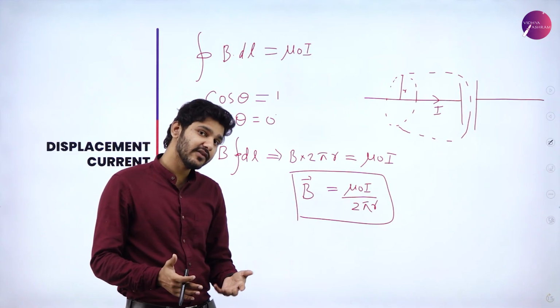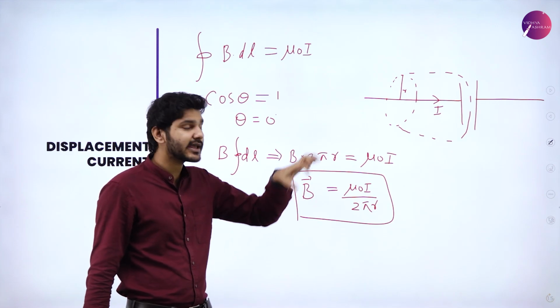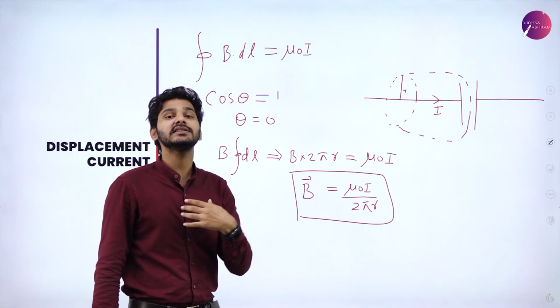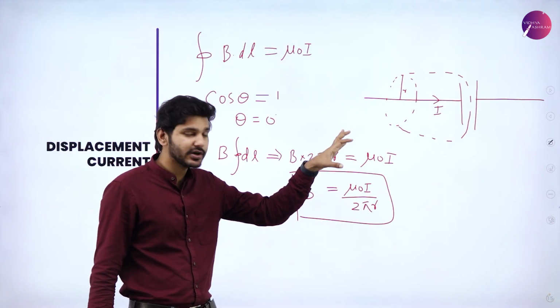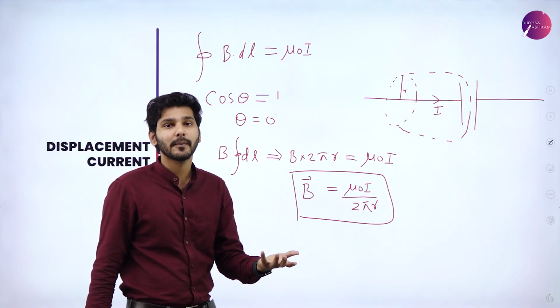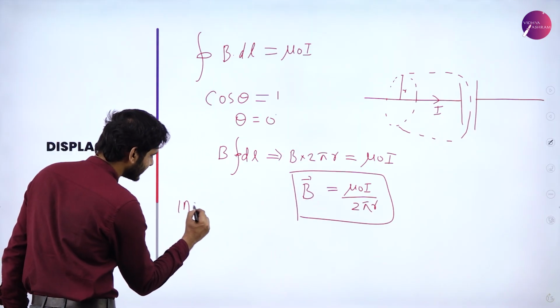But unfortunately, whenever I apply Ampere's circuital theorem inside the capacitor, the problem is that since there is no current flow inside that capacitor, there is no magnetic field because of mu naught I, that is inside the capacitor,